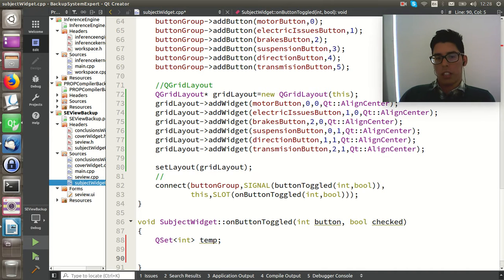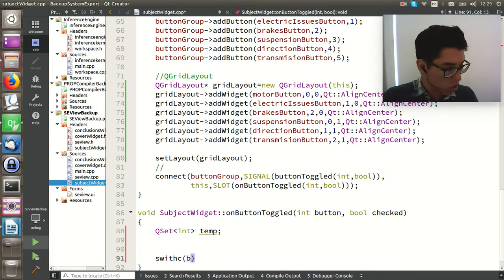We're going to create it based on the button ID and add the rules depending on the role of the button. There are different approaches to get the rules. You can create your own algorithms to select which rules you want, but in this case we sort the rules sequentially. This means that the rules regarding the engine are first, then those rules end, and the electric issues rules start, and when they finish the brakes rules begin, and so on. So we might create a switch